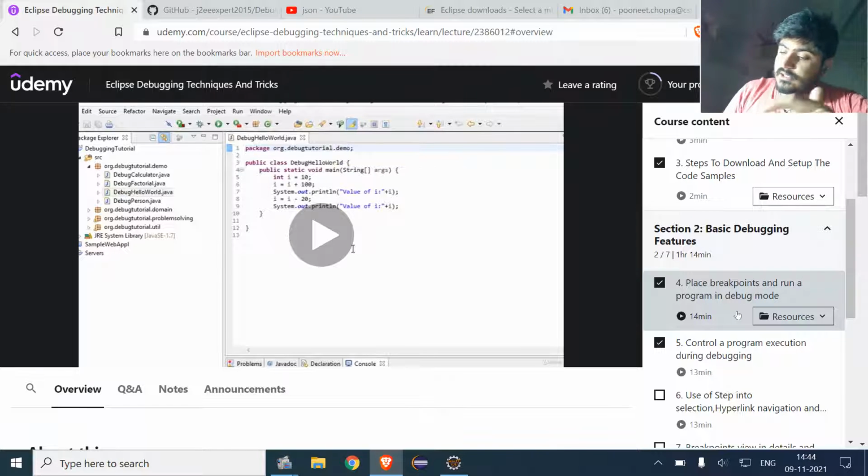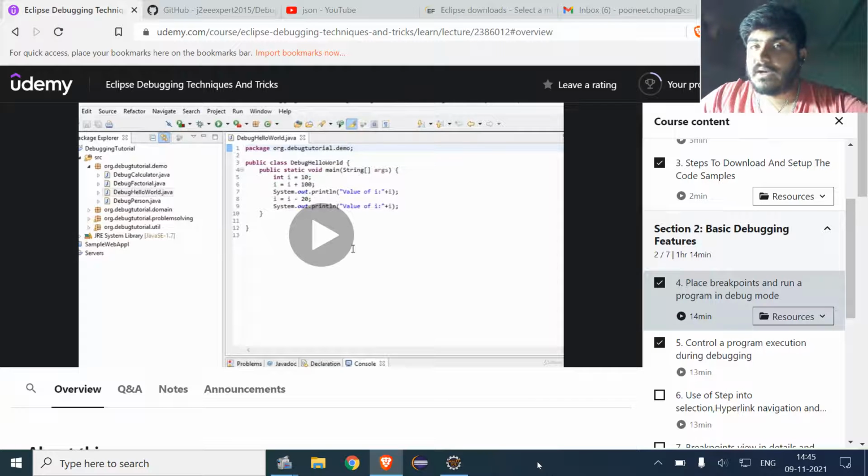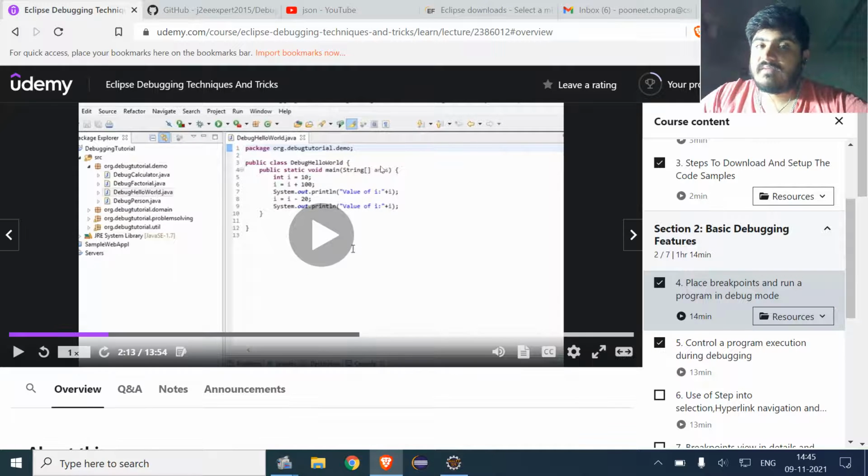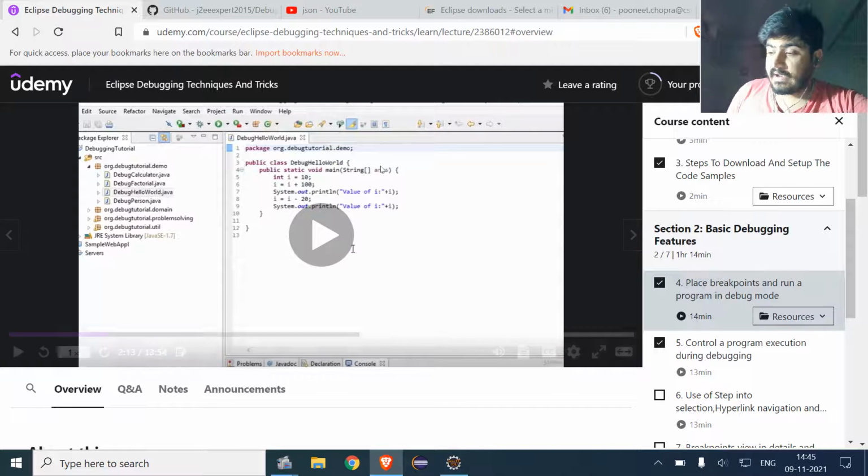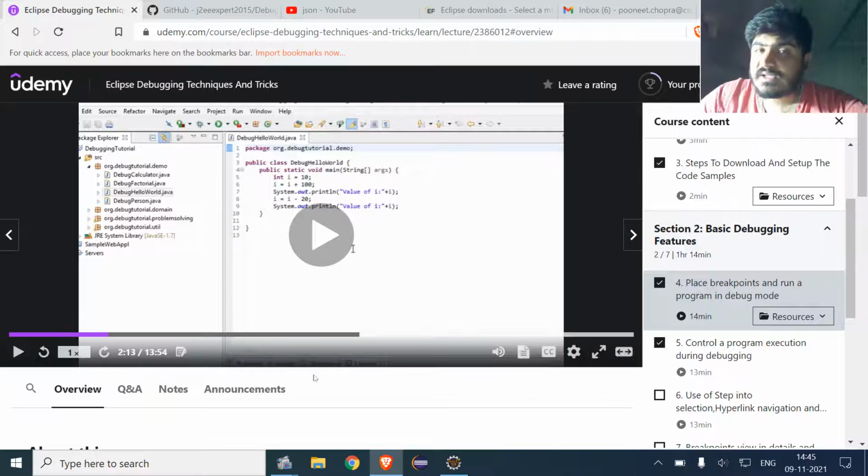And the next things are how we can start and stop the debugger. What is the use of resume, which is used by the F8 key? Debug perspective, variable view and breakpoint view. What do these things mean to us? Evaluating variables in a debugger. All these things are meant for practical work, so I will just do those things in Eclipse and get back to the course.